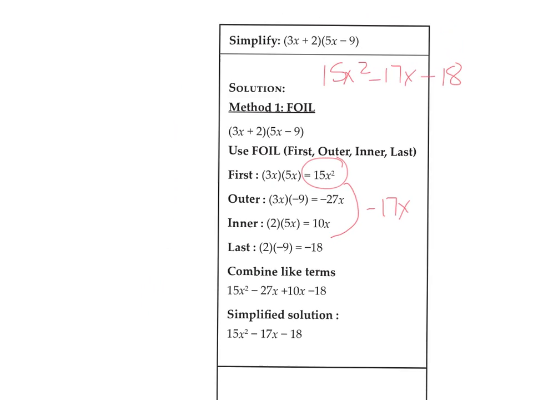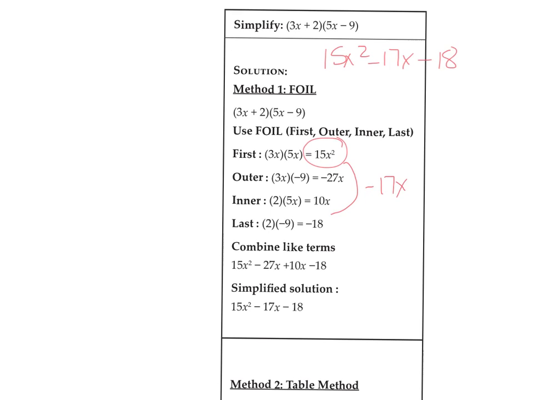I don't like this acronym FOIL. It really only applies in this one situation. I prefer to call this double distributive. It's not written here in your book as that. That's what I call it, double